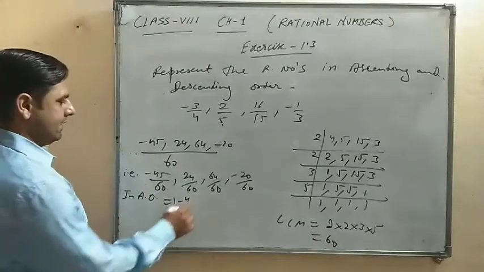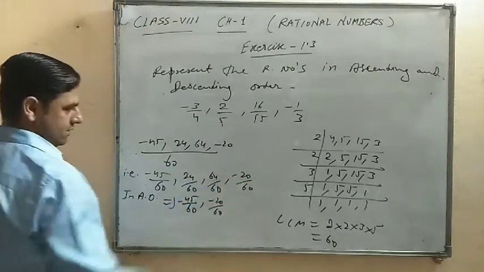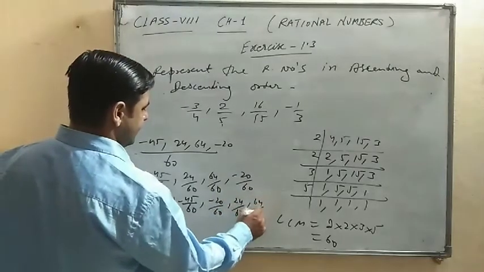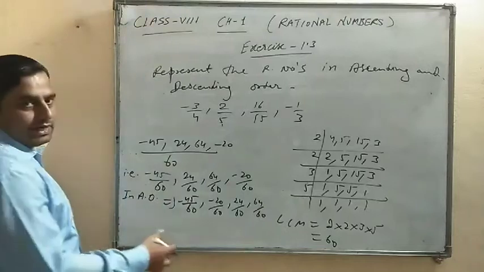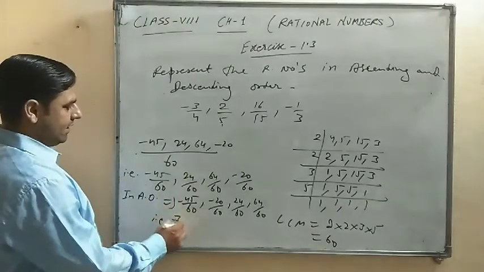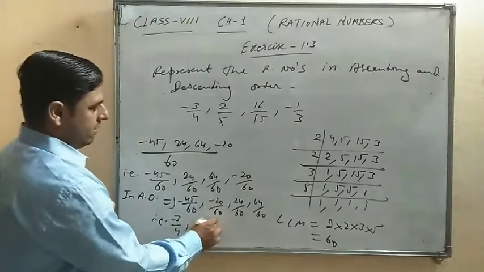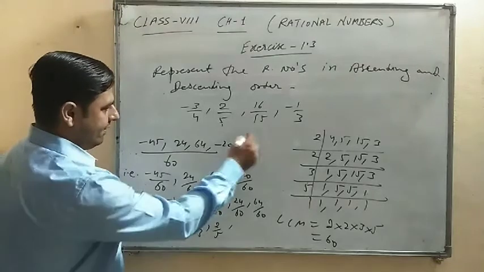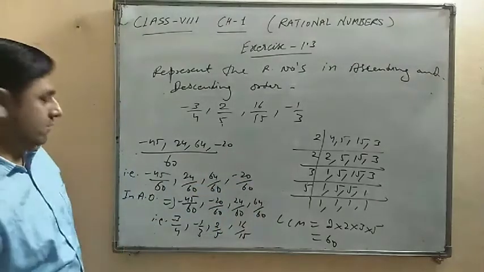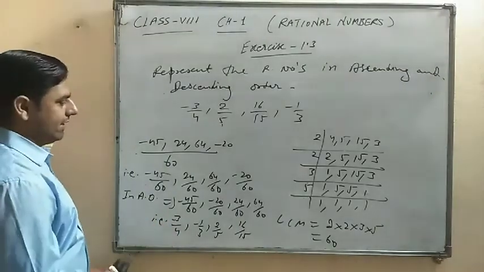So next one is minus 20s, then 24, then 64. So we have to write in actual form. So actual form is minus 3 by 4, minus 1 by 3, 2 by 5, then 16 by 15. So it is called ascending order. Now in descending order,